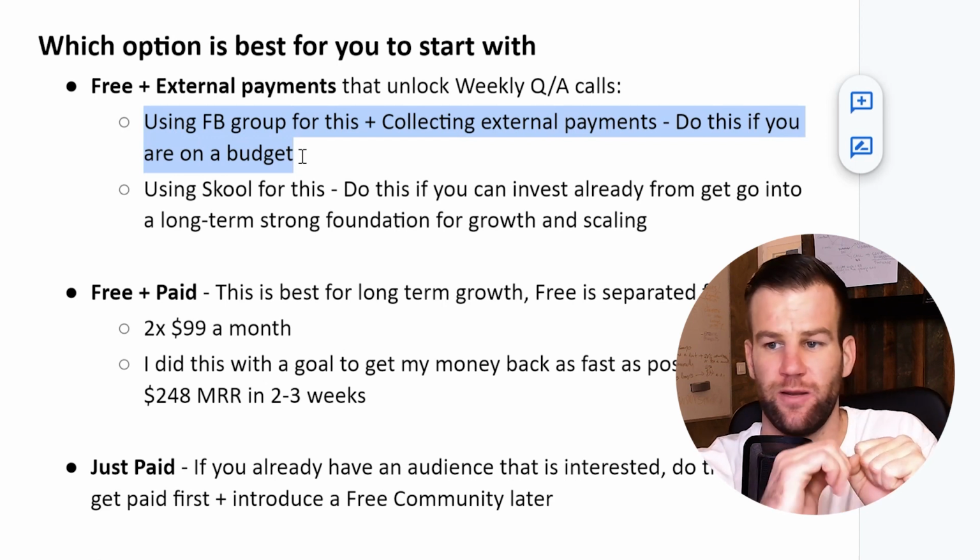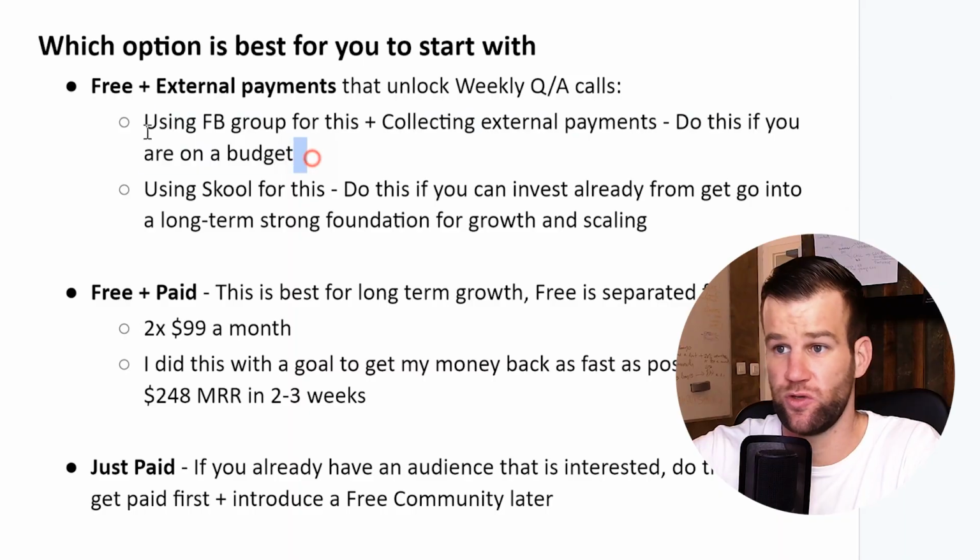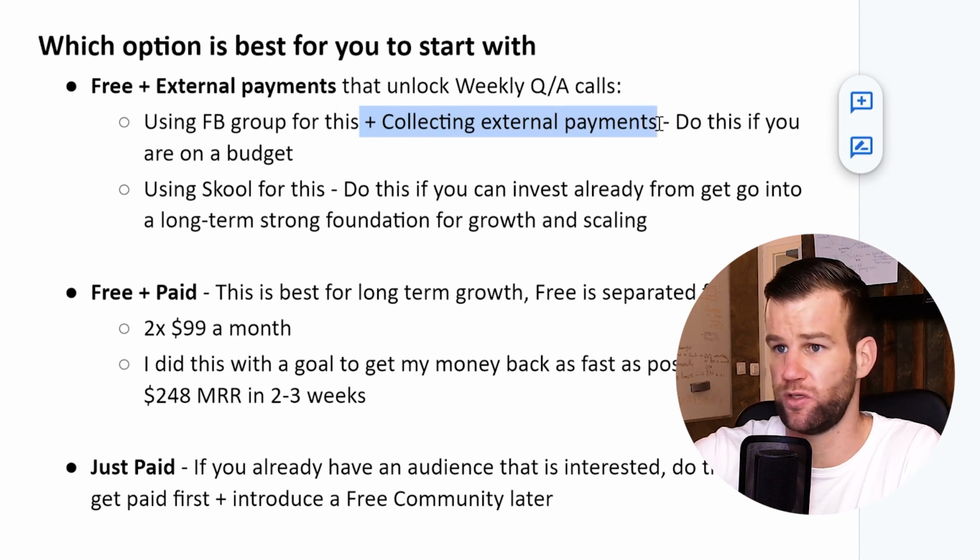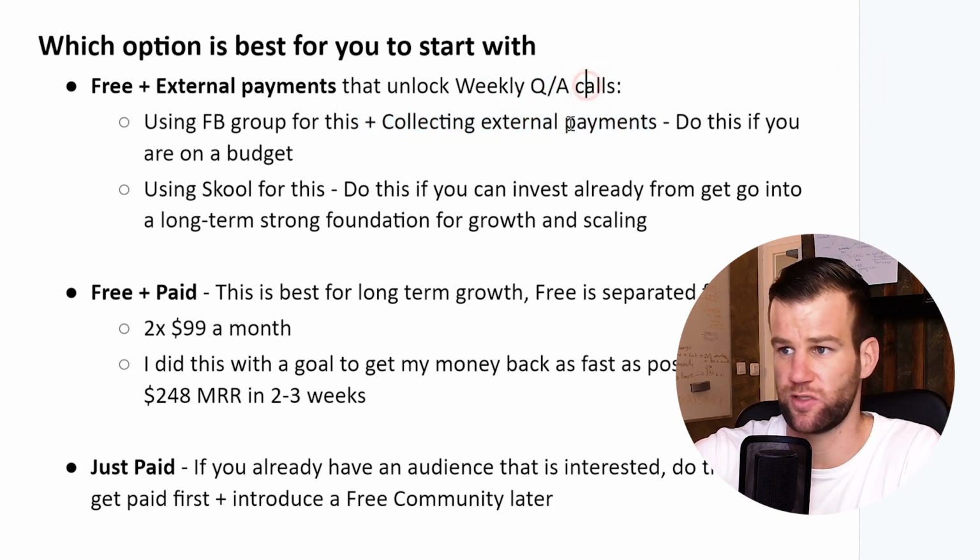Or you can begin building your membership without using the Skool app, which I will teach you, and you could just collect people's payments externally, like via Stripe manually, or via the Systemi app, or ClickFunnels, or Kajabi, or whatever. I recommend Systemi because it's free to use, and I have templates for you. My point is that you can charge people subscriptions without Skool, just manually, right? So you could use a Facebook group, for example, and collect external payments, and those who pay you would get Q&A calls, weekly coaching calls with you,